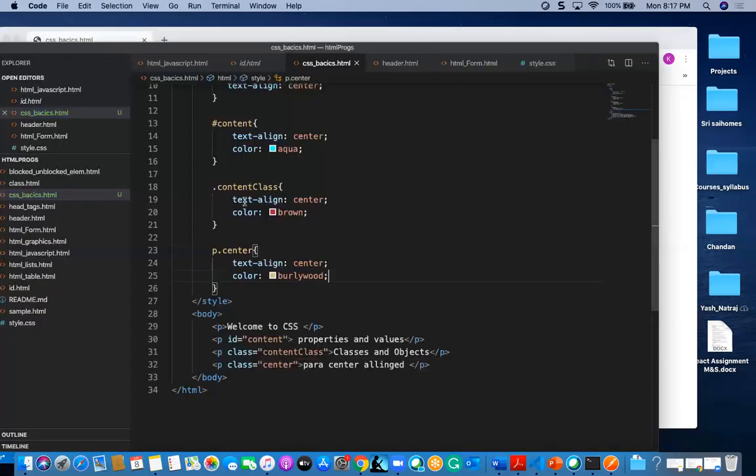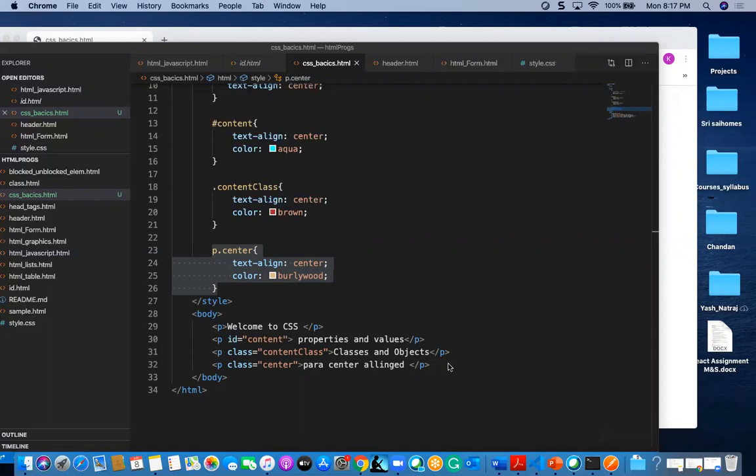So in this way also we can select a particular div. This is one kind of selection. And also we can use one more way, like center space large, and center space. Okay, it's like this.